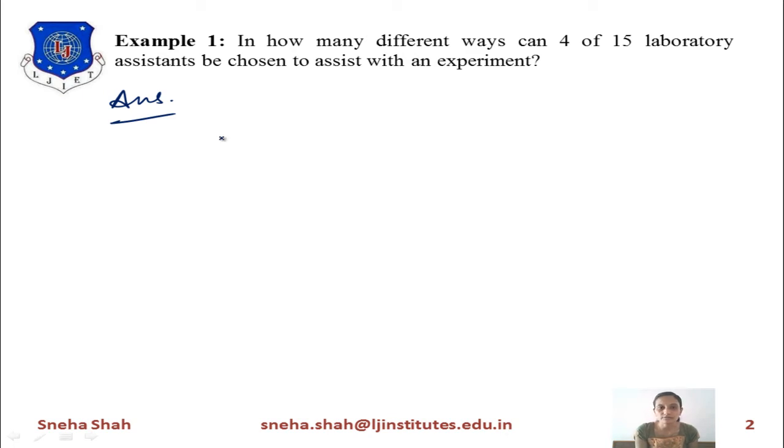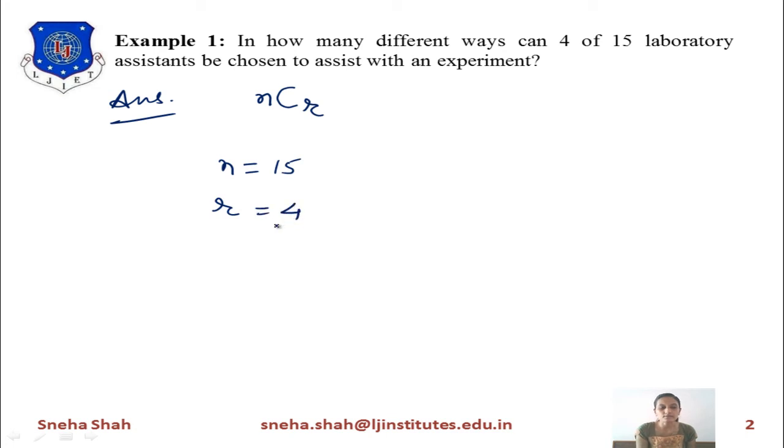So we have to find combinations from n number of terms, selecting r at a time. So we have to find nCr. Now, what is the value of n? It is the total number of ways, so the total number of ways equals 15. So the value of n equals 15, and the value of r equals 4.